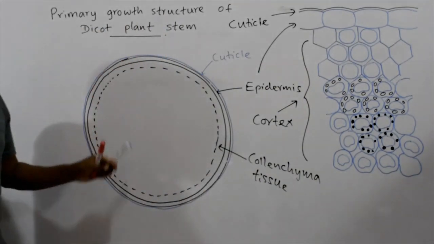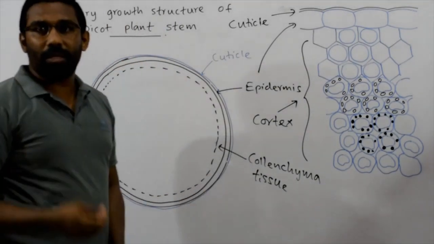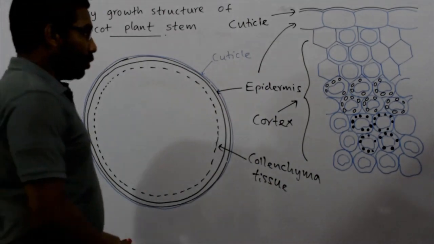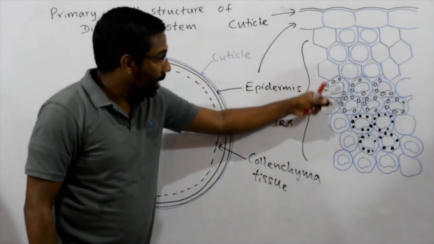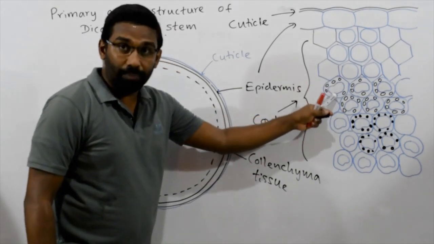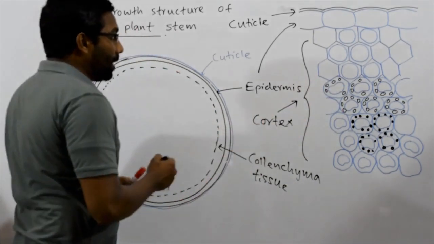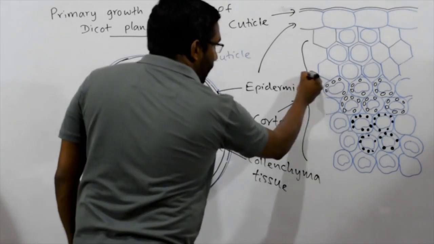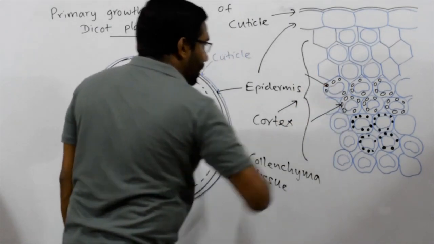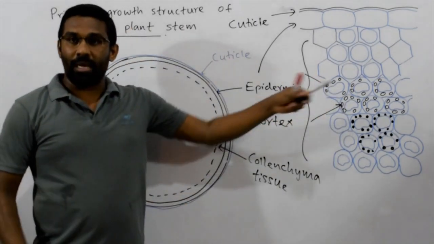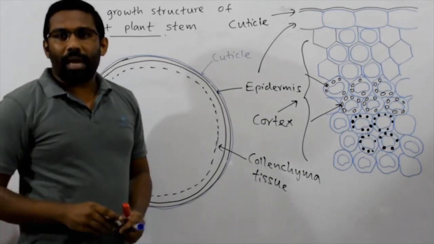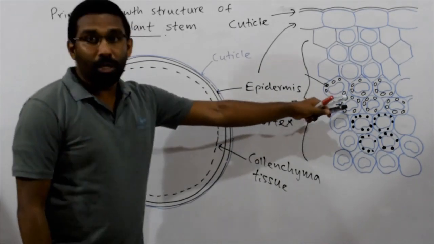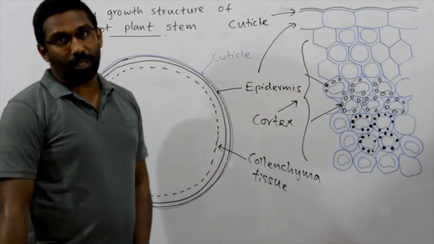Mainly, the cortex consists of parenchyma cells. Here you can observe, just inner to the hypodermis or collenchyma tissue layer, typical parenchyma cells. These parenchyma cells contain chloroplasts. Therefore, at very young stages during primary growth, the stem can be observed as a green structure due to these chloroplasts. They are involved in photosynthesis.